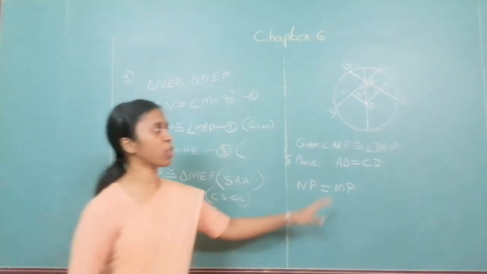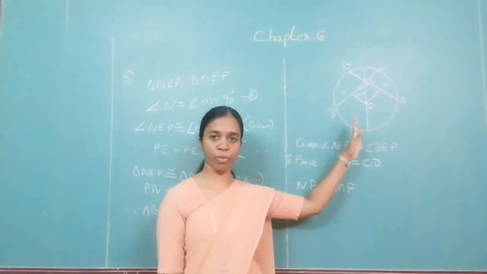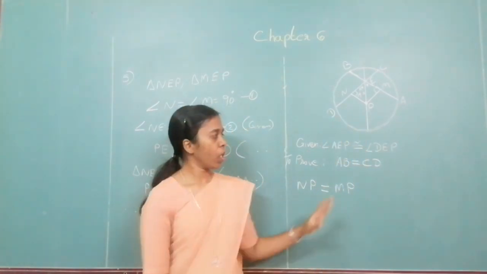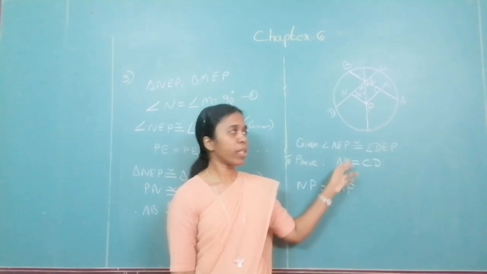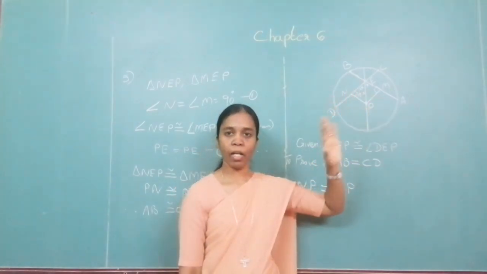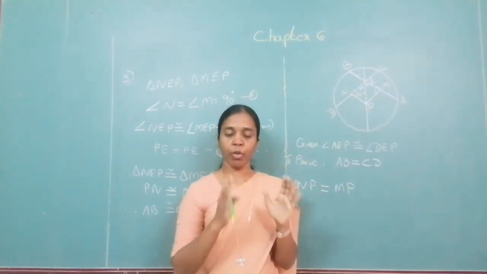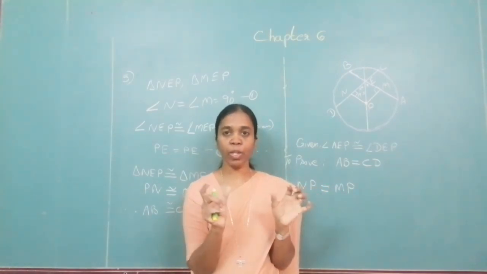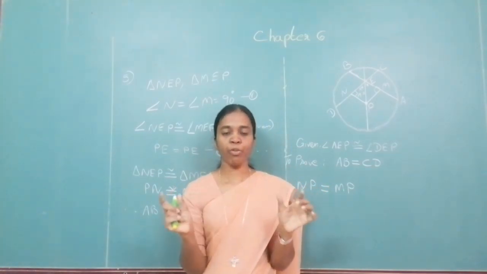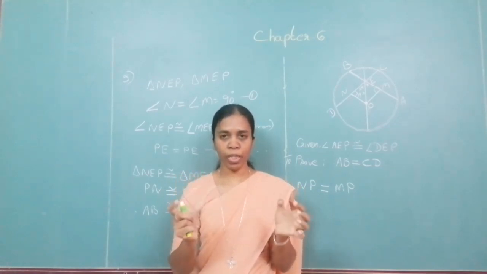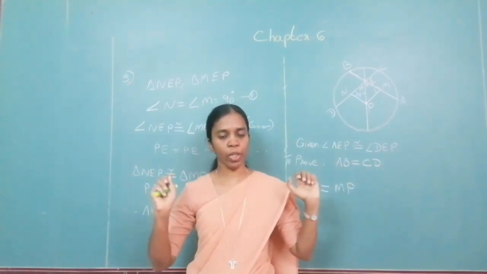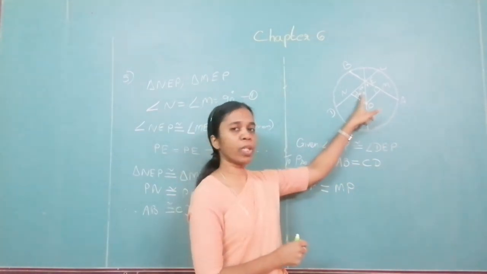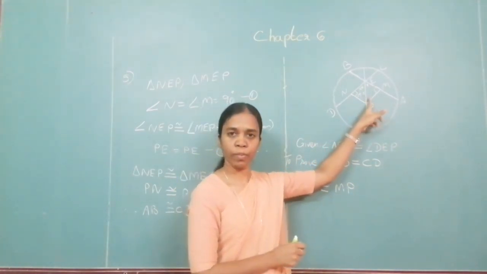I suppose this is clear to you. Only you have to learn the diagram well. What is given, what you have to find out. I repeat. What you have to prove over here, the two chords are congruent. Now, to show that the chords are congruent, we show that they are equidistant from the center. So, if we show that they are equidistant from the center, we can say that they are congruent. Now, how do we show that they are equidistant from the center? By proving these two triangles are congruent.